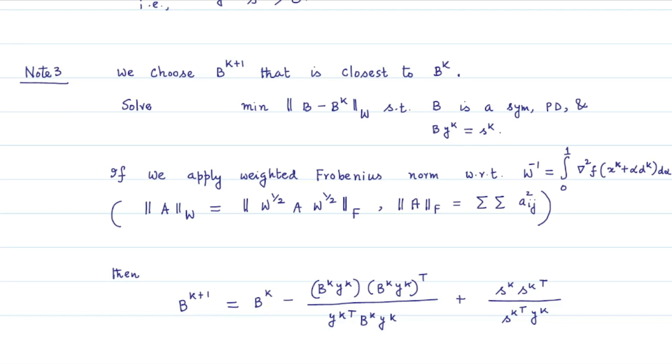In the original Newton method, we have to keep computing Hk inverse afresh at each and every iteration. But although Bk plus 1 is also computed afresh, its computation is done with the help of Bk and the iterative sequence xk, and this results in a much cheaper procedure. So I write here: this update is known as the DFP update or DFP formula for computing Bk plus 1. We will have a detailed derivation of this Bk plus 1 after a while, but before that let me